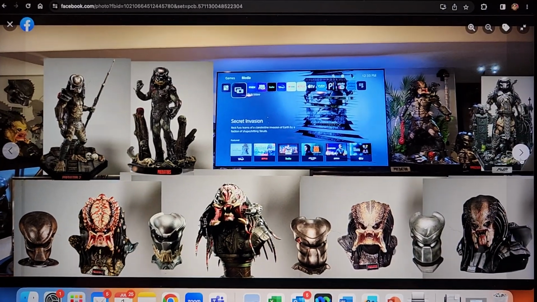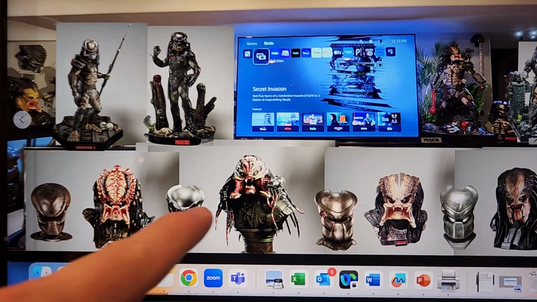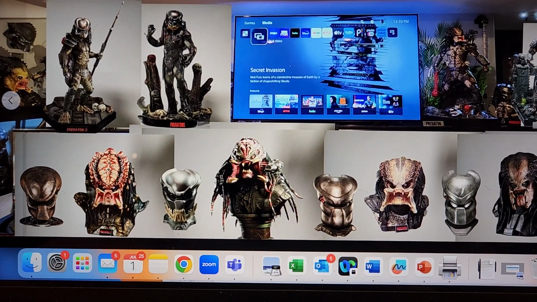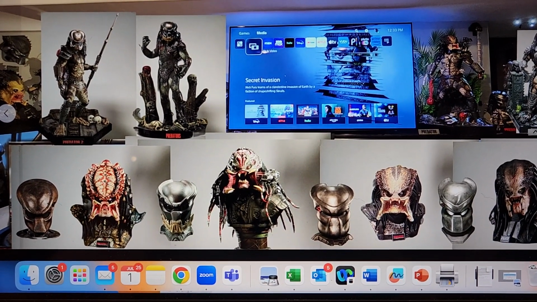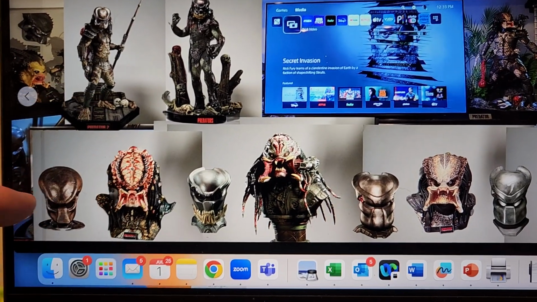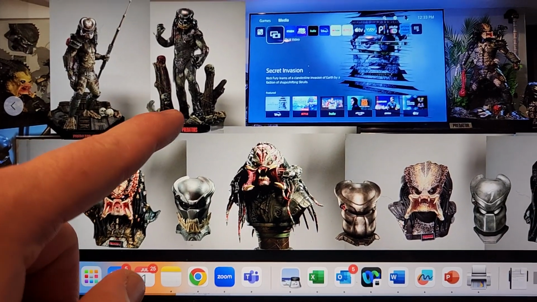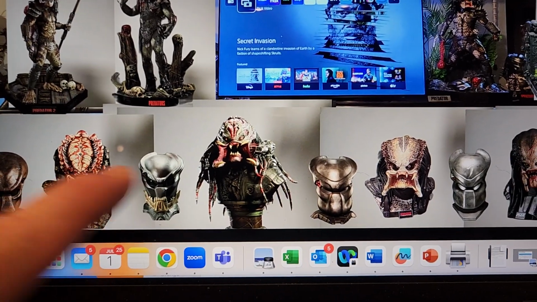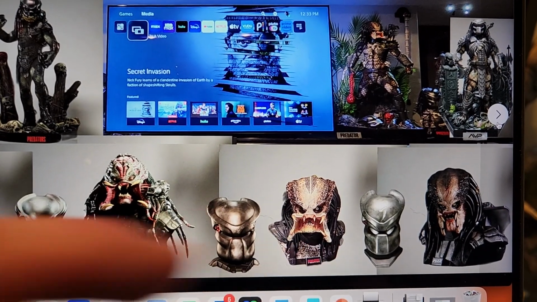This is like if you did an all bust down low. Now, the Berserker bust won't fit. It's too tall. But technically this could work. Let's just say there's no wolf. So you do P2 with the Cool Props bust, Sideshow mask, Berserker. If we could somehow fit the Sideshow bust there with the Sideshow mask,